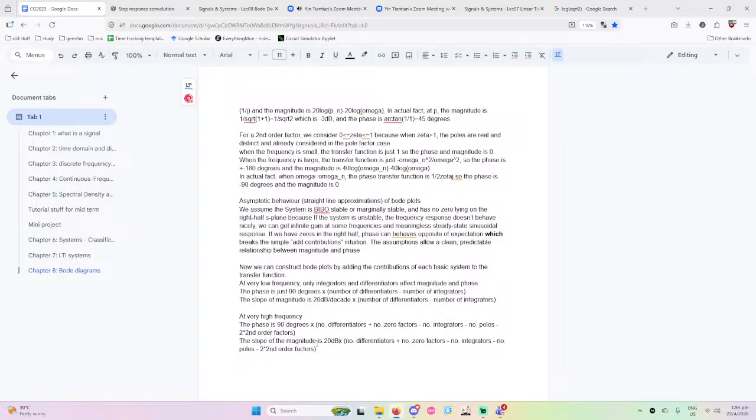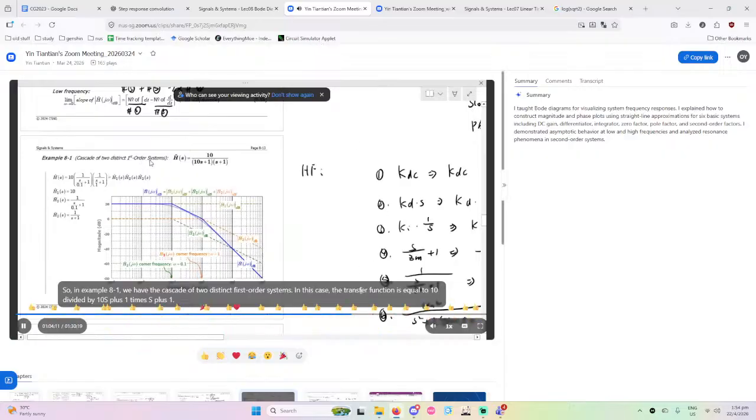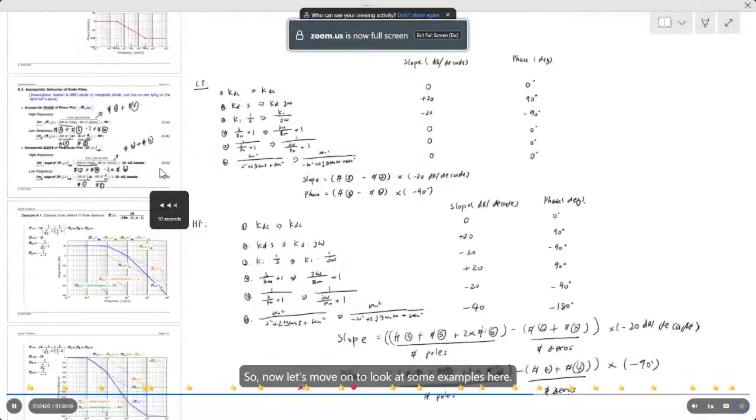So now let's move on to look at some examples here. So in example 8-1, we have the cascade of two distinct first-order systems. In this case,